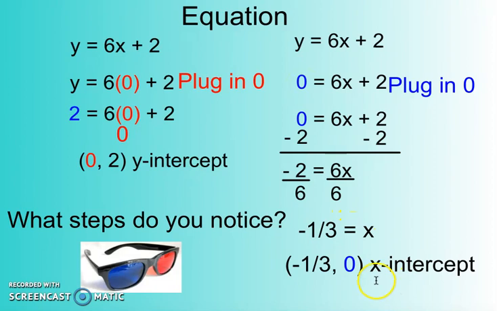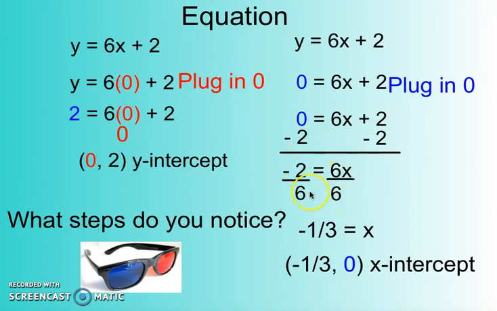Yeah, whenever we're looking for the x, just solve this equation. If we solve for x, we can subtract 2 on both sides, so we get -2,